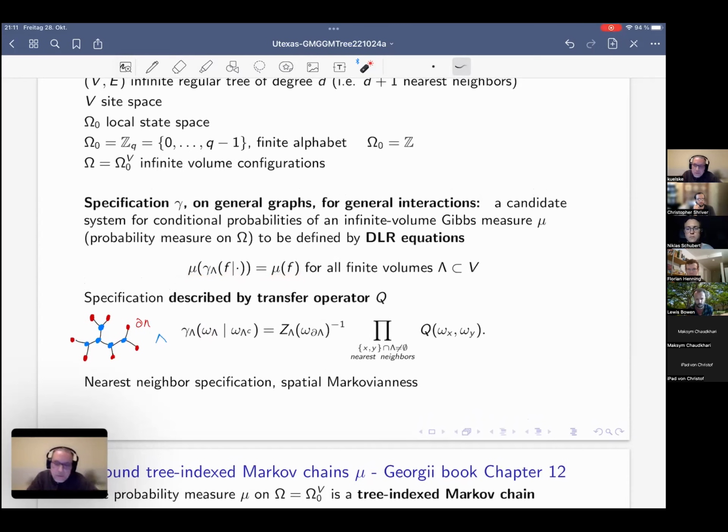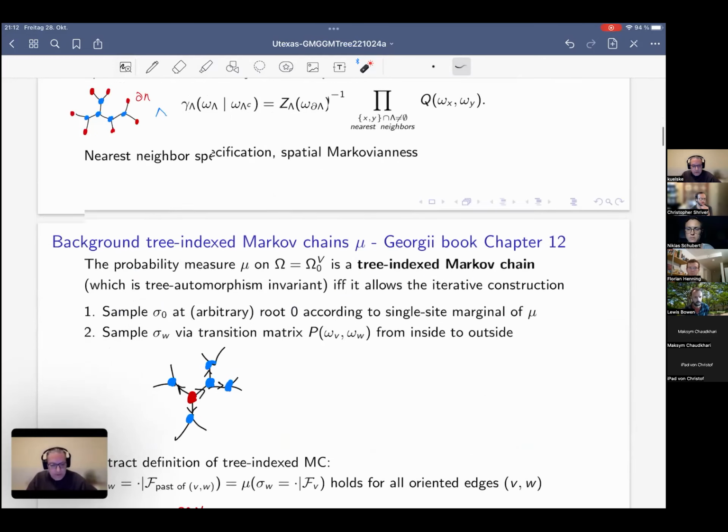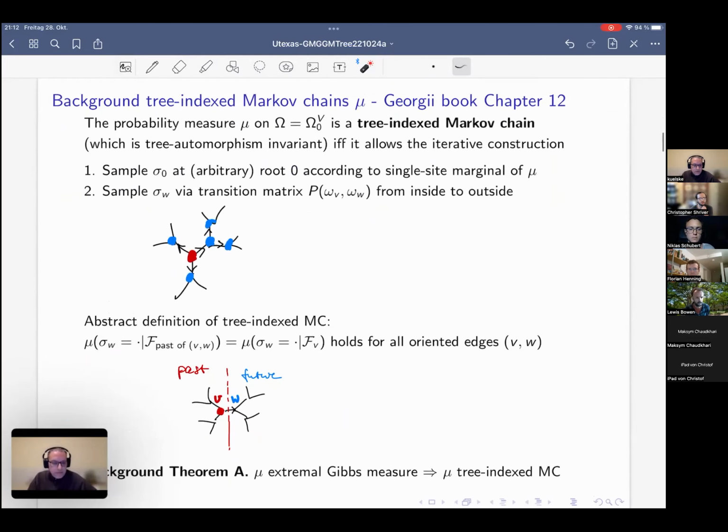So that means the mu is invariant under the action of these kernels, gamma lambda, like you have it in Markov chains. You have an invariant measure, but it's not only invariant under just one kernel, but a family of kernels, these gamma lambdas. Yes, and so these are the famous Dobrushin-Lanford-Ruelle equations, the theory developed and introduced in the 60s. So this is what is the Gibbs measure, and we shall be interested in Gibbs measures for such models here. And now I need to tell you about specifics for